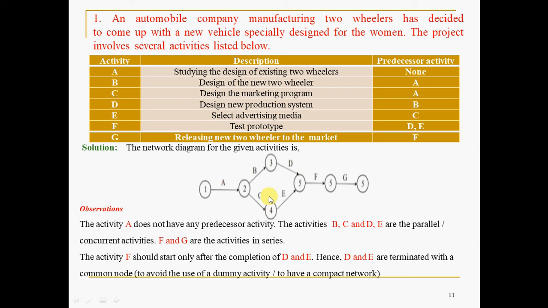Fine. Now, you can take them in series also: after A, B, after B, C, after C, D, E, F, G. So what will happen? It will take more time. Whereas if these two are happening concurrently, for example, if this is taking 10 days and this is taking 10 days, please try to understand the power of the concurrent activities. Then the duration will be 10 days only. Whereas if you take them in series, this is 10 days and this is 10 days, 20 days. If you take them concurrently, it is 10, 10, or whichever is more. For example, if one takes 10 days and the other takes 15 days, 15 days is the project duration. By 15 days, even this activity also will be completed.